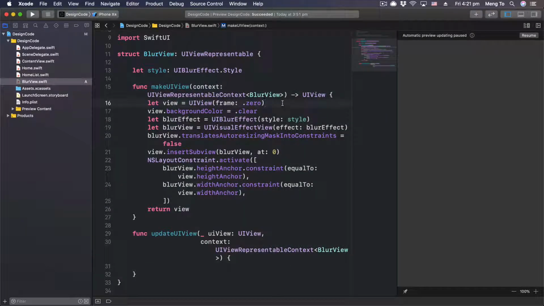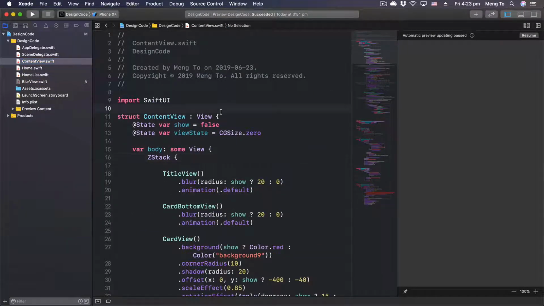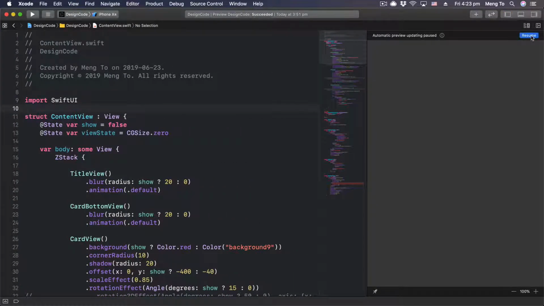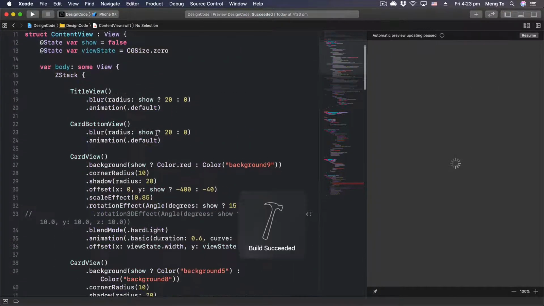The code is not simple, and it's about to change anyways because iOS 13 has a lot of new options for the blur effect. But to just give you a little bit of information about this, we're using a UI blur effect, and then the view itself is called visual effect view, and then we're inserting that effect into the visual effect view. Again, not important to learn this at all. I'm gonna go to the content view and then close the navigator, resume, and I'm going to apply the blur